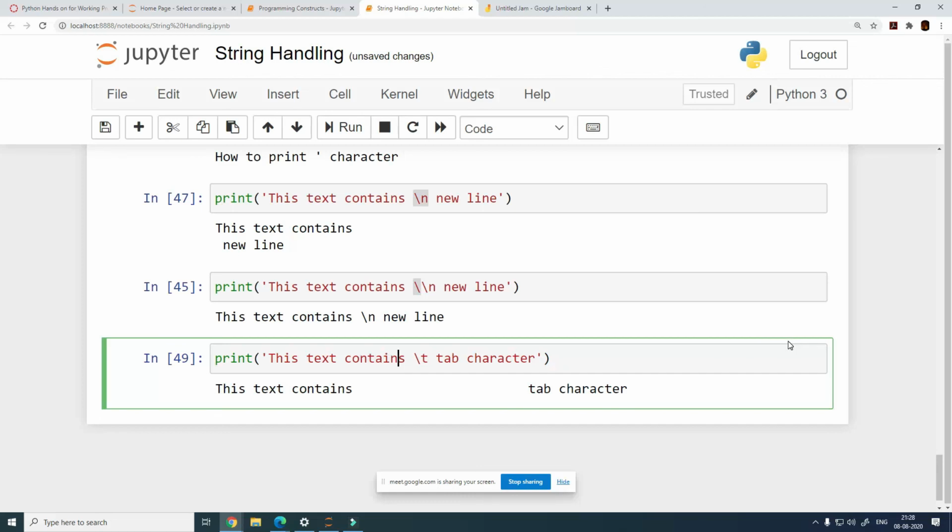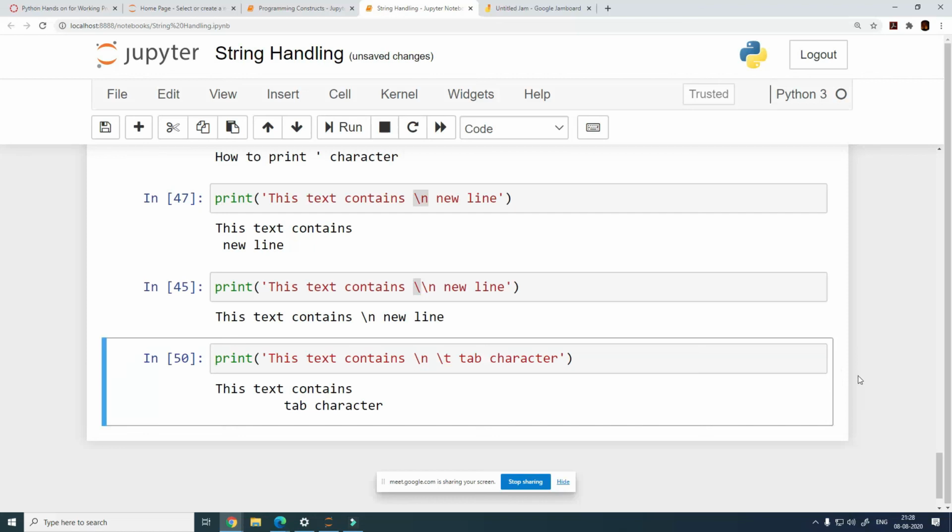What we can do here is specify both \n and \t. See what is happening? If you specify \t here, then this is getting moved to the first tab on the first line itself.